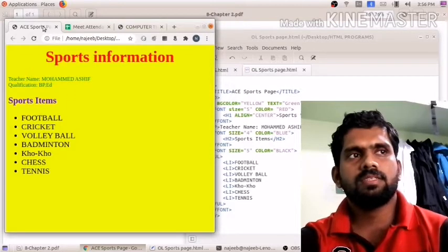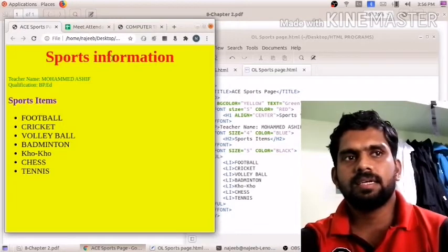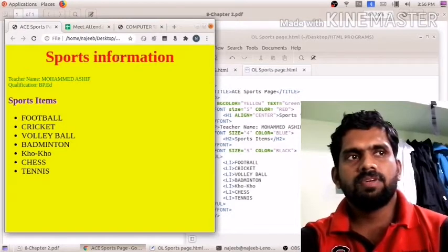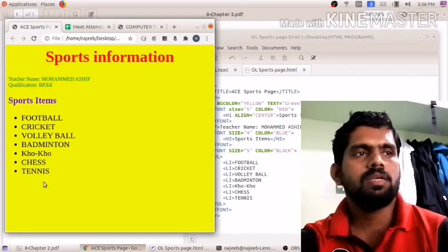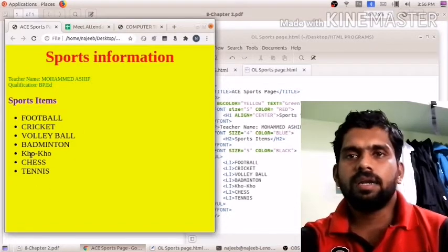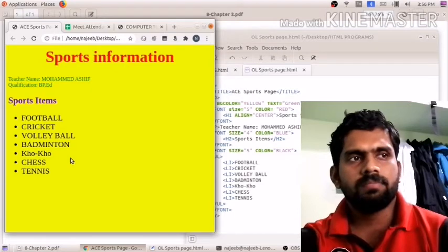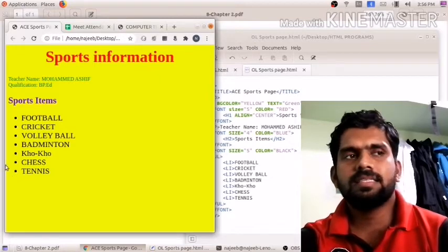So here the title is sports, then the sports page, then sports information as a first level heading, then as a paragraph we have created the teacher name, then the qualification, and some sports items we discussed here. 7 items we discussed here. So we put them as an unordered list by using the UL tag.